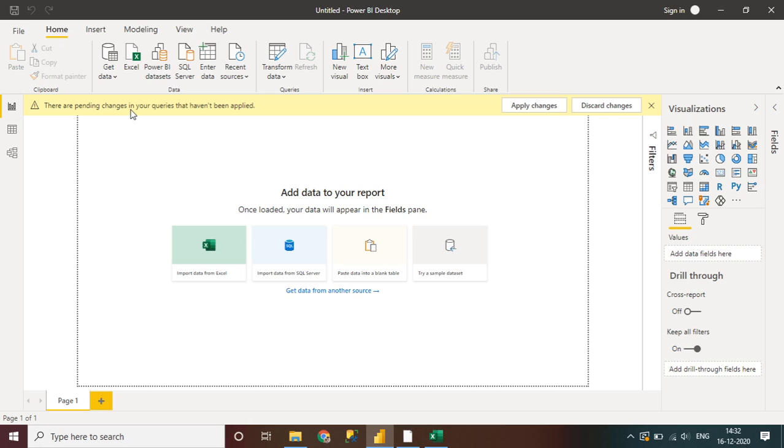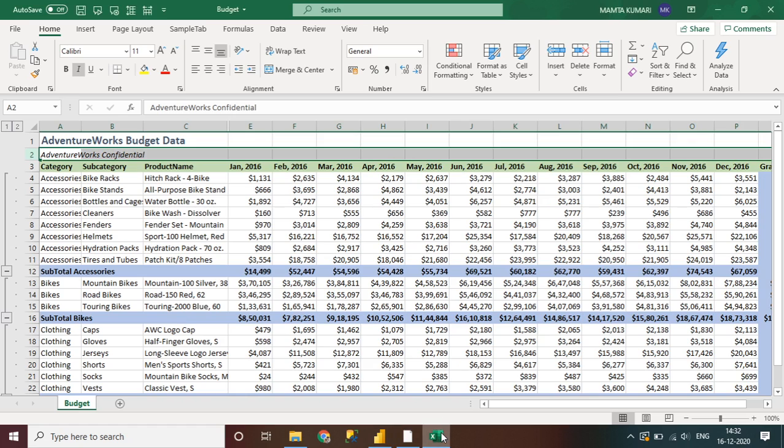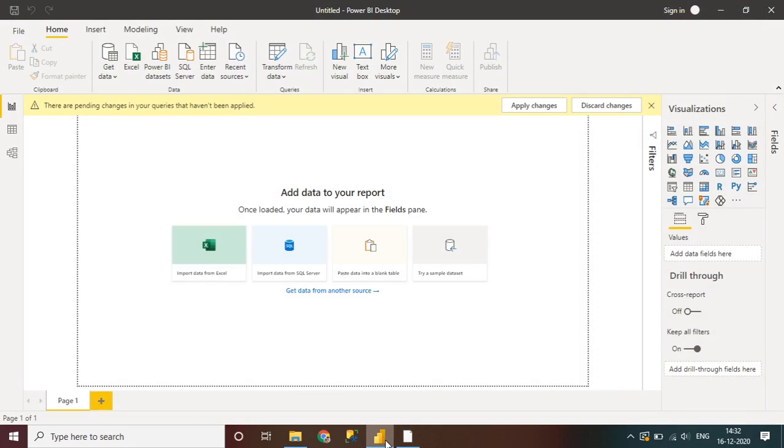On my screen there is an option here, Get data. We need to load this file in Power BI Desktop and then clean the data. But before doing that, we need to close this file first. Go back here and click on the Get data option.